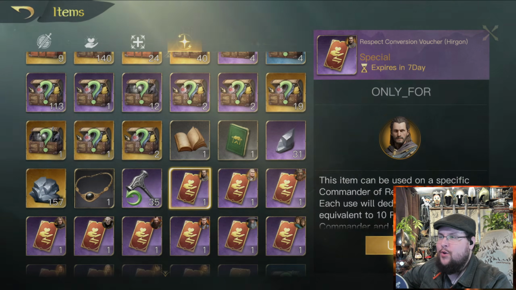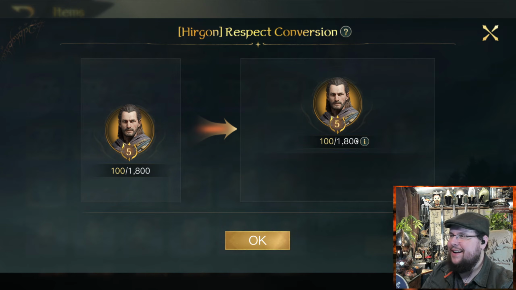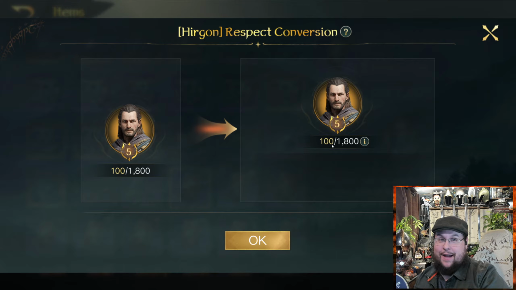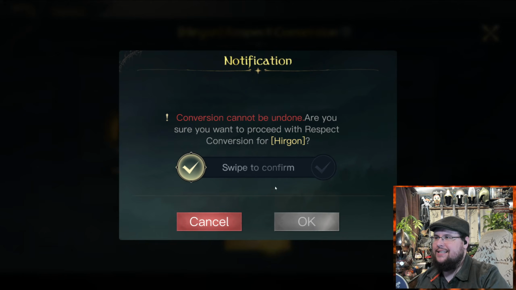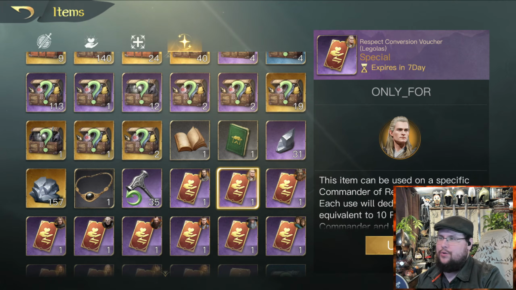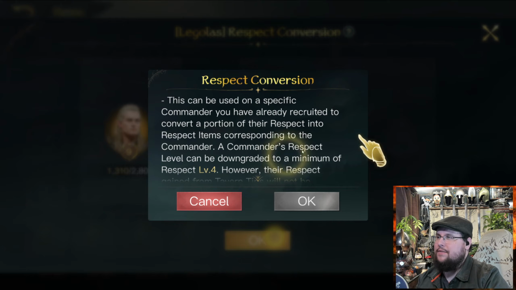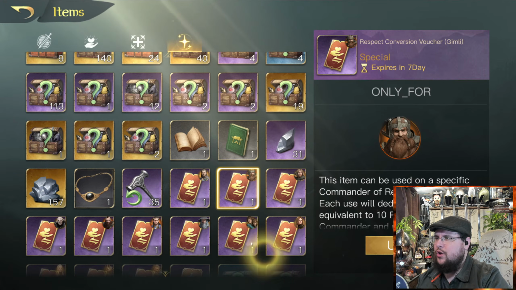And if you use it on one guy and there's nothing here, it means they're already at minimum respect. So he'd basically be respect 4 if I even took 1 out, so it won't let me even use it on him. It's funny because I could say okay. Does it even give me anything? Yeah, see, nothing to convert. So that one's just useless for me. But I can do the rest of them, and keep in mind too that as you're doing this,